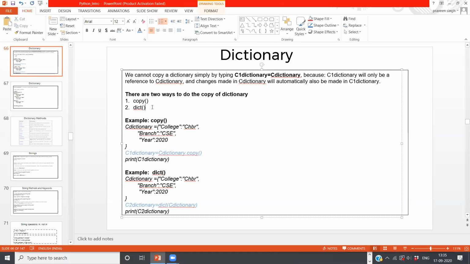The second one is dict, which is a short form of dictionary. Here also this method takes an argument, a dictionary. So you have one dictionary and you want to make another copy; inside the dict method you have to pass one argument, which is nothing but this one. See, dict of the dictionary, and that is how you can make a copy. And why I'm writing this statement in the beginning is that a dictionary is not copied the way people generally do it.